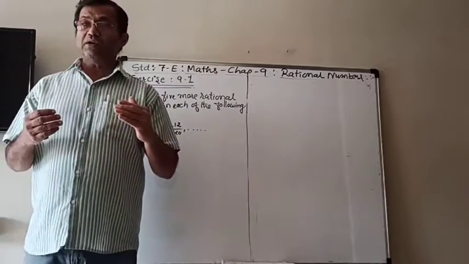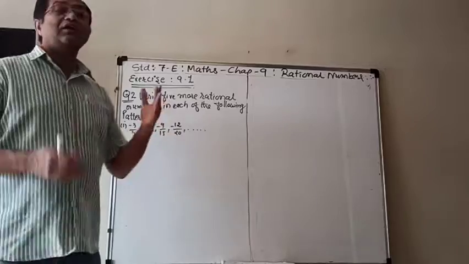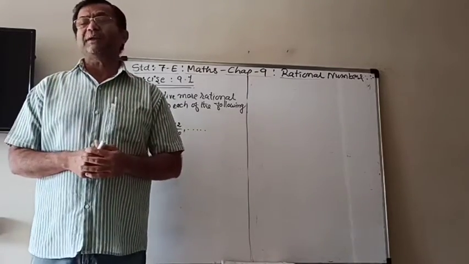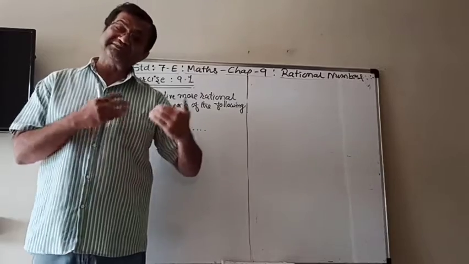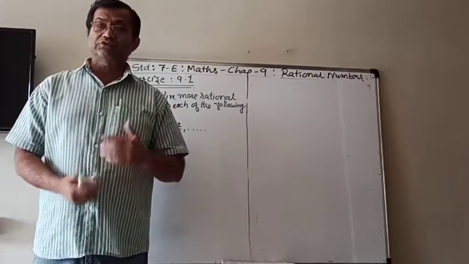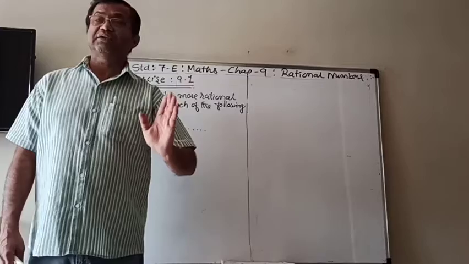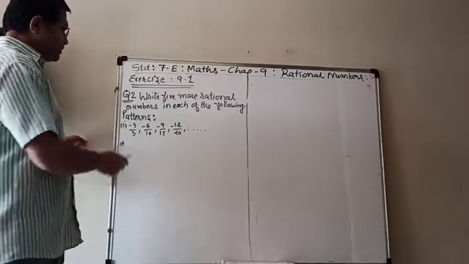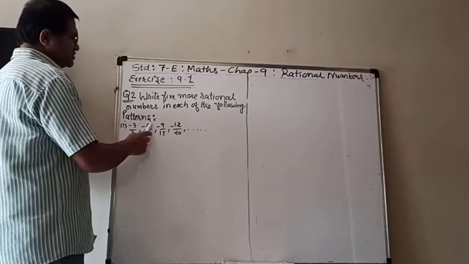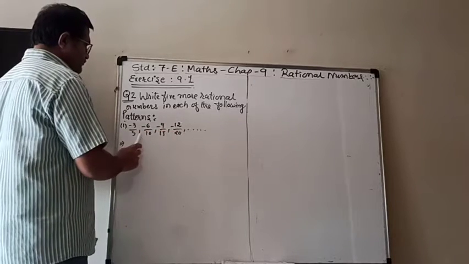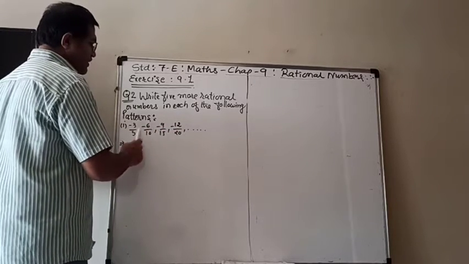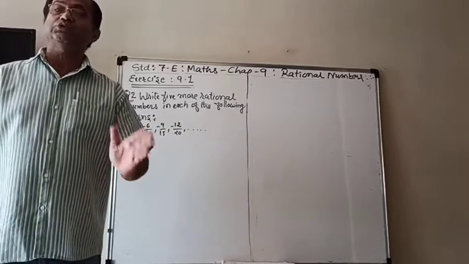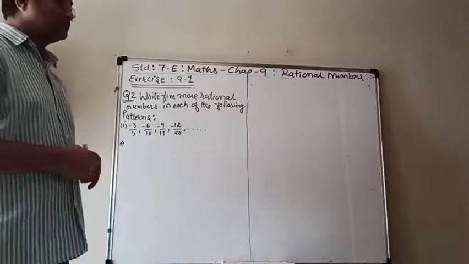So first of all, some 1, 2, 3 and 4 numbers are already given in the series. You have to find the pattern, and then following the same pattern we have to find out another 5 numbers in this series. So you can see that here 3 2s are 6, 3 3s are 9, 3 4s are 12, 5 2s are 10, 5 3s are 15, 5 4s are 20. It means that it is multiplied by 1, 2, 3, 4 respectively, but we have to show it.